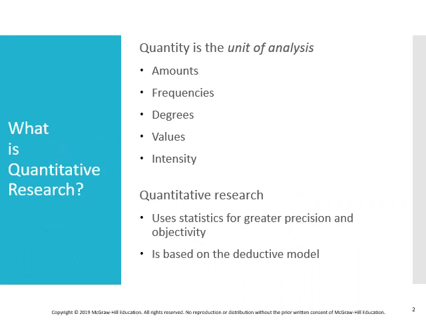What is quantitative research? In quantitative research, our interest is in numerical things, things that we can count, things that we can quantify, therefore the name quantitative research. So things that we can measure, things that we count, and essentially the unit of analysis are things that are compared to different things that we collect. So if we look at the list of words right here, amounts, frequencies, degrees, values, intensity, what do these words tell us? They tell us that we're measuring